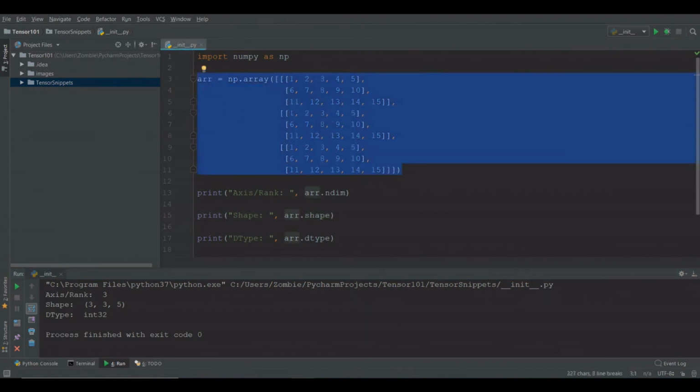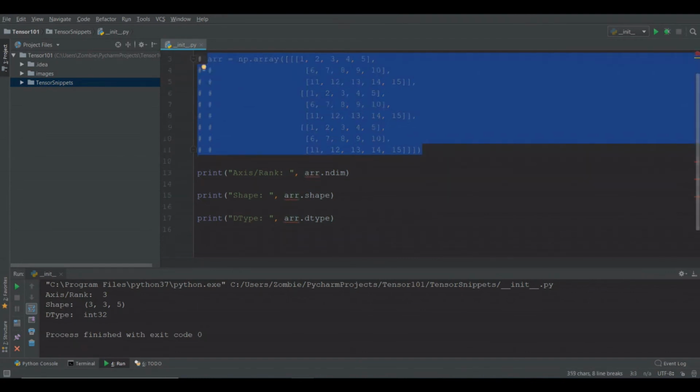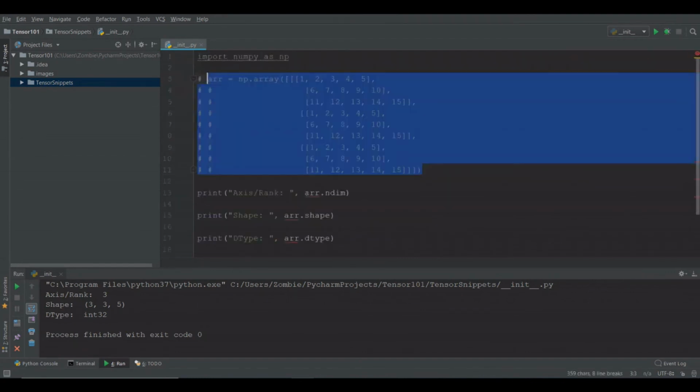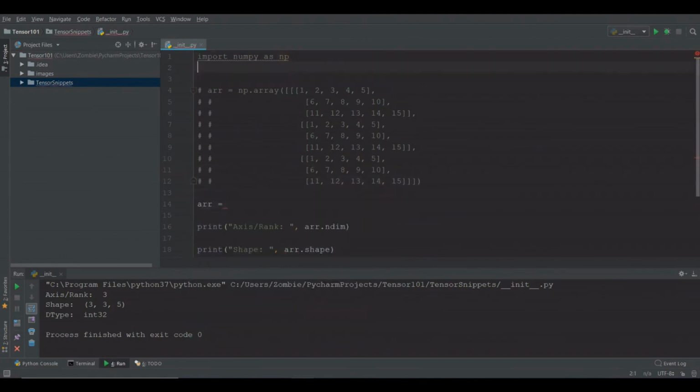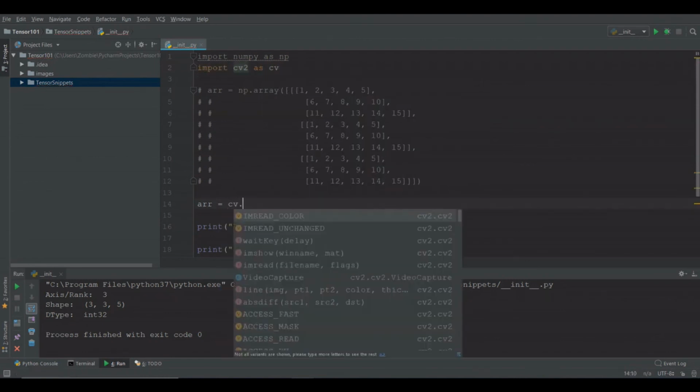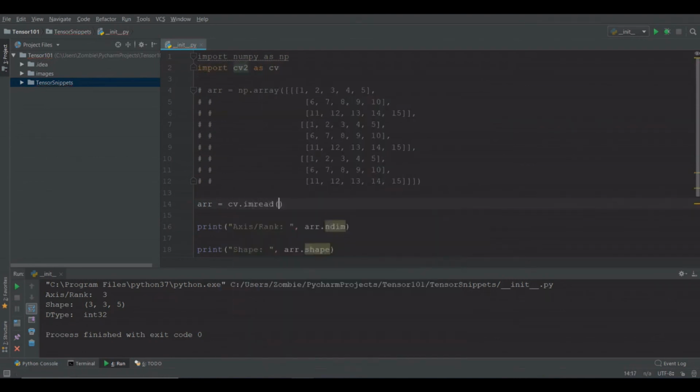Now let's comment this array and import OpenCV library to load an image. Read image using imread method.